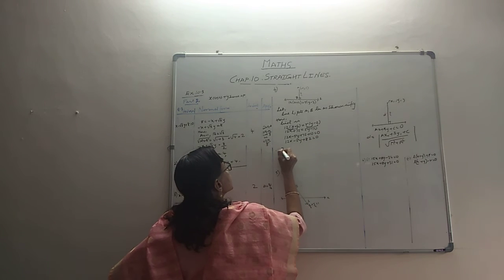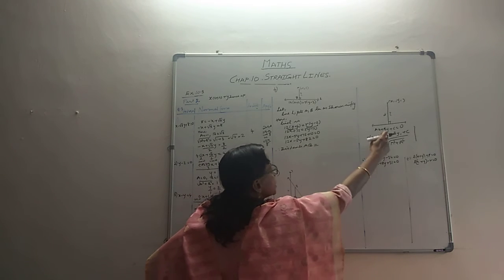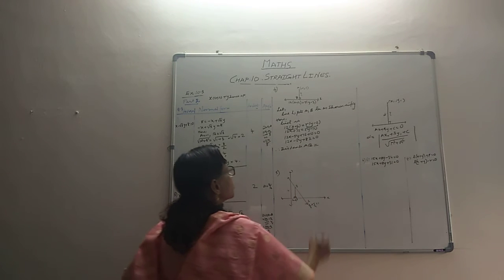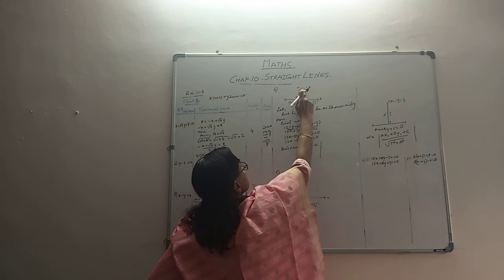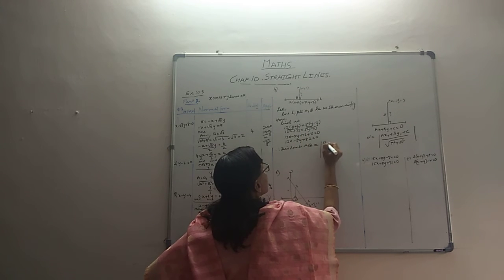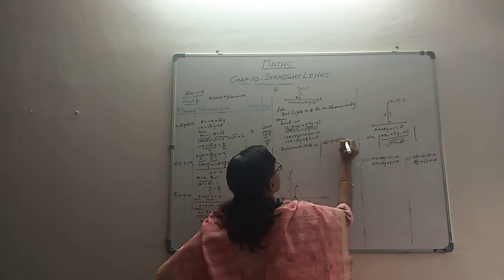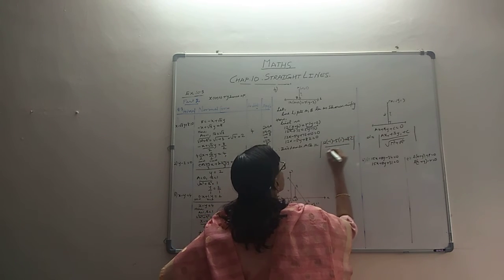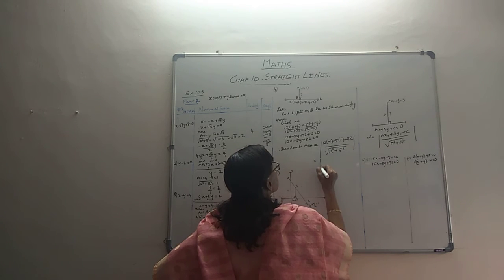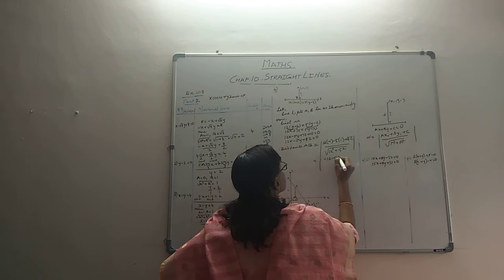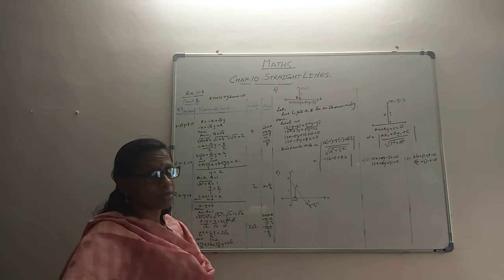Therefore, distance AB, that's what they have asked us. For that, the formula is this, right? And what we do is, in this equation, x and y will be replaced by minus 1 and 1. So 12, x is replaced by minus 1 and y is replaced by 1. That's all. And then you have root of a squared plus b squared, so root of 12 squared plus 5 squared. Numerator: minus 12 minus 5 plus 82. So minus 12 minus 5 is minus 17.